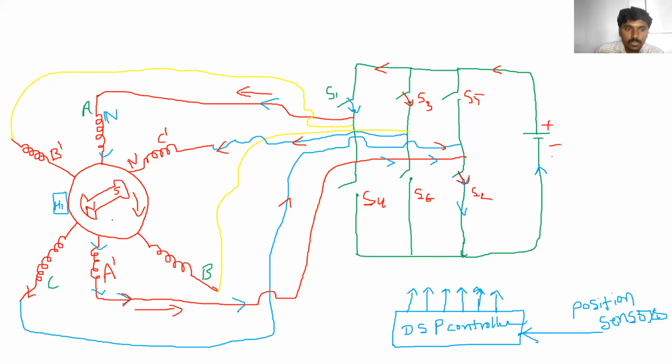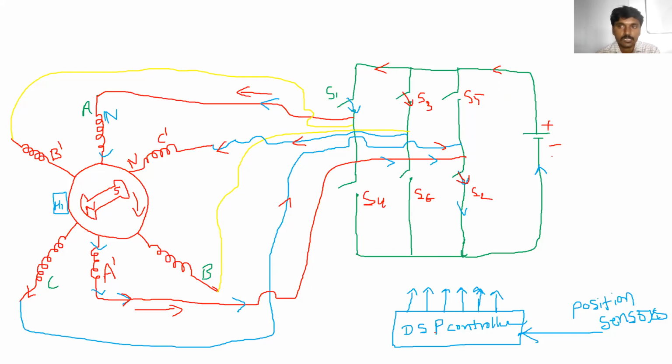With the rotor in this position, the position is identified by the Hall sensors or position sensors, and the Hall sensor will give the information to the DSP controller. Which information? The position of the rotor circuit. Why should this position be given to the DSP controller? Because